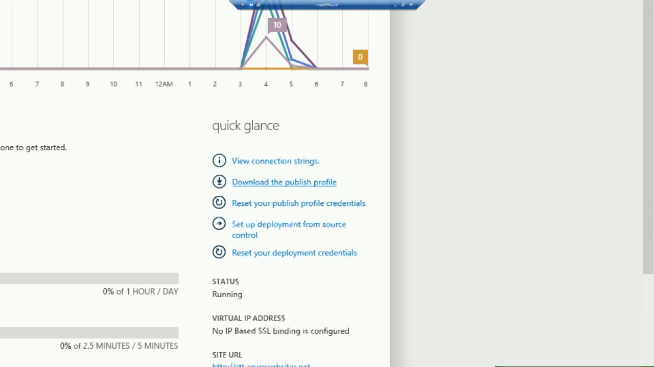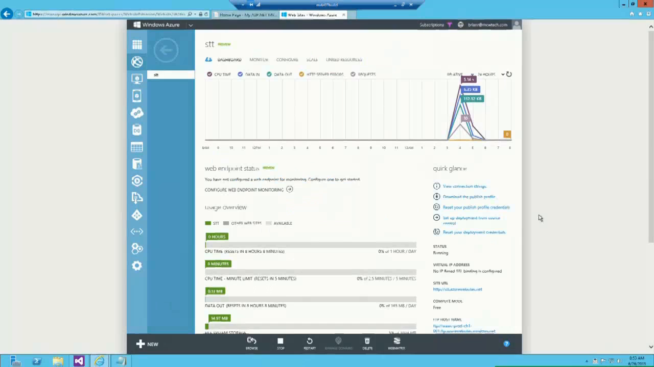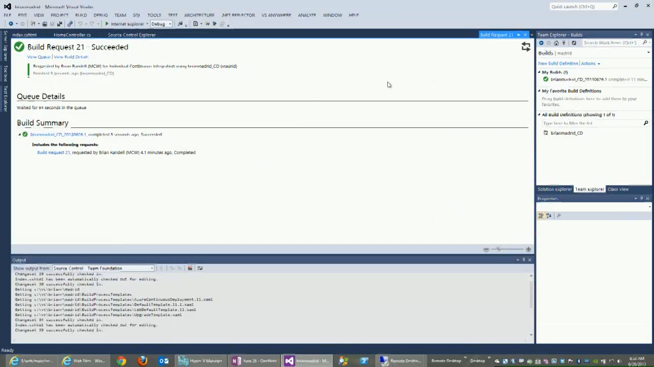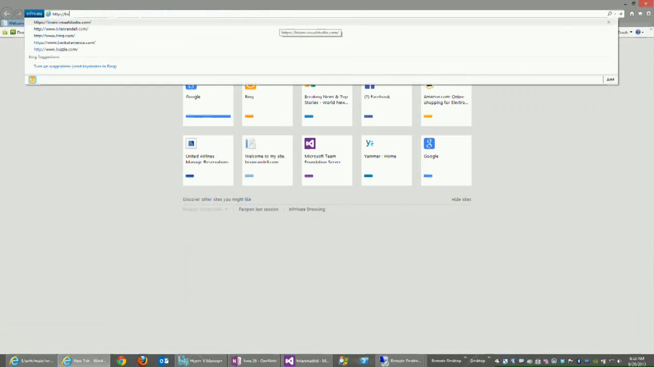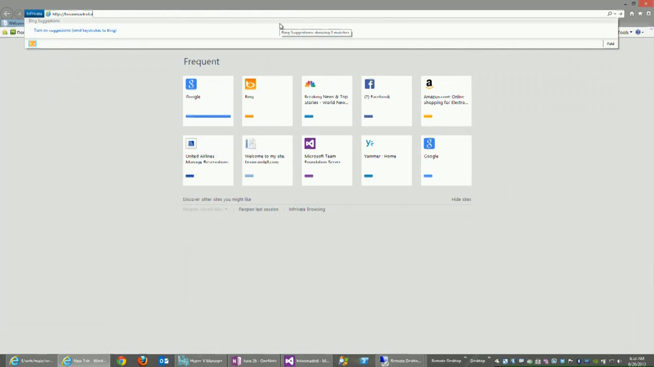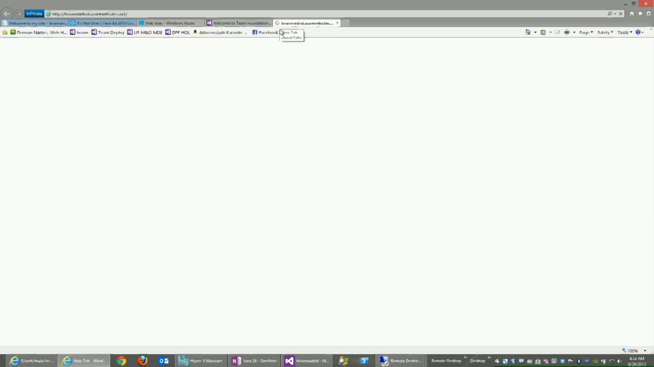Okay, let me show you one more. Let me show you another cool demo, and then we're going to talk about that a little more. I've got about 20 minutes. We're doing really good here. What if you wanted to deploy to SharePoint? Oh, by the way, it looks like Madrid worked. So that means if we go to brianmadrid.azurewebsites.net,